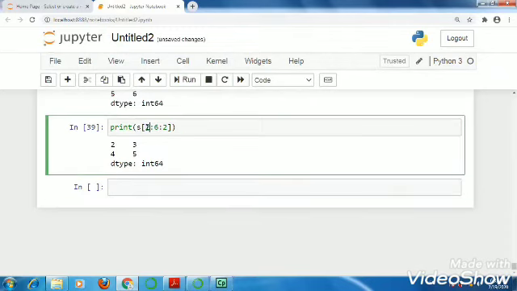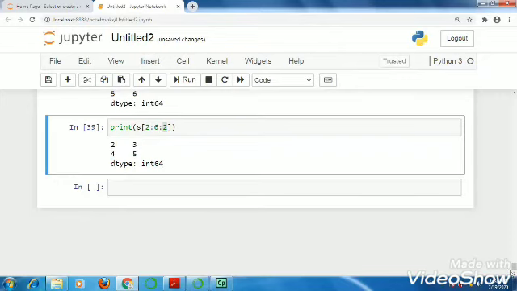It started from index 2, and after that step is 2, so the third index will be skipped. Now the fourth index is displayed, and after that the 6 index is there, which is equal to the stop index. That's why it gives only 2 and 4.